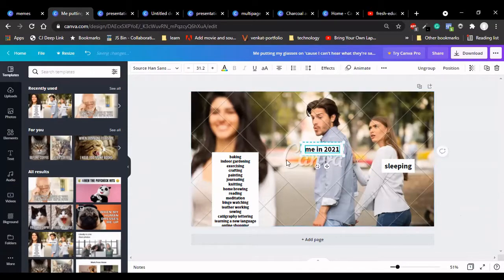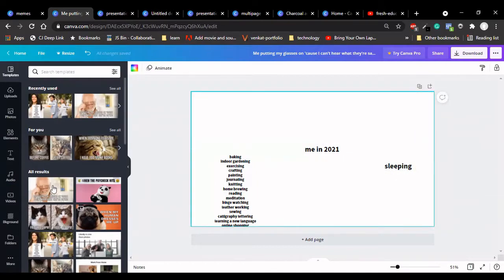You can edit the text from here. Only the picture has a watermark, so you can delete it and get images which you like to present and produce a meme for your